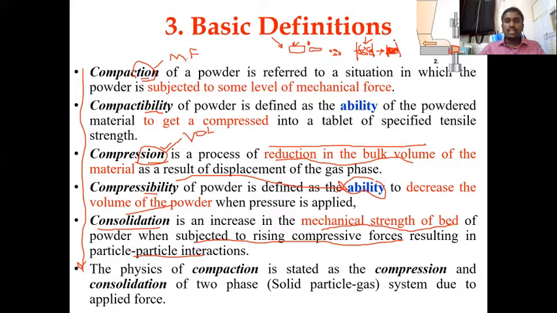Now, let you think about this. Somebody asked which has more mechanical strength, which has a stubborn personality. Obviously we'll say this one has the mechanical strength. This has high hardness, but this has no hardness because it is only lying in whatever the die cavity space is providing. But here, once you remove the support of the die wall, the tablet has good mechanical strength to retain its form. So that's the meaning of consolidation. It is the increase in the mechanical strength of the bed. Here the bed is nothing but these powders. We are increasing the mechanical strength of the bed by inducing compressive forces, resulting in particle-particle interactions that lead to the formation of the tablet.